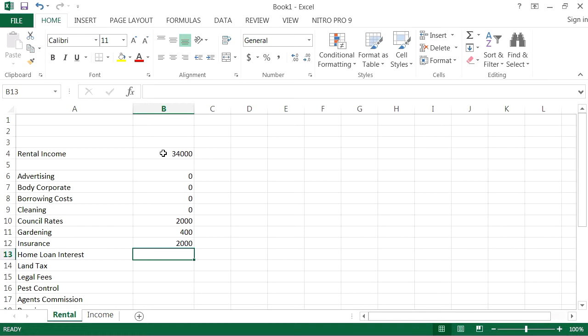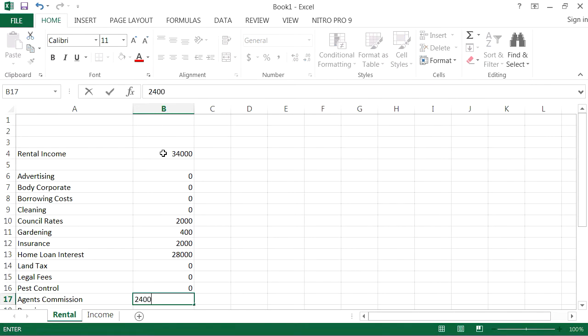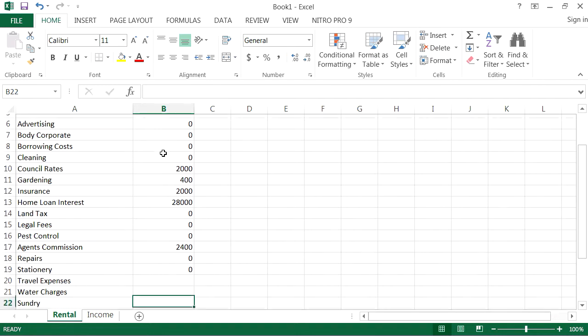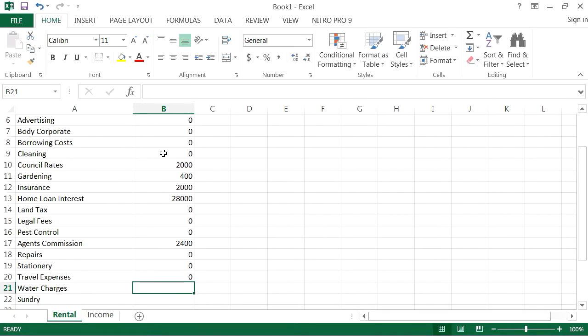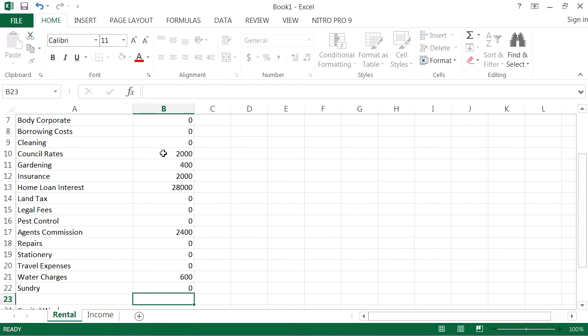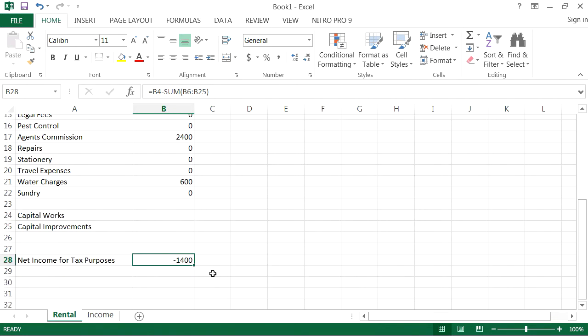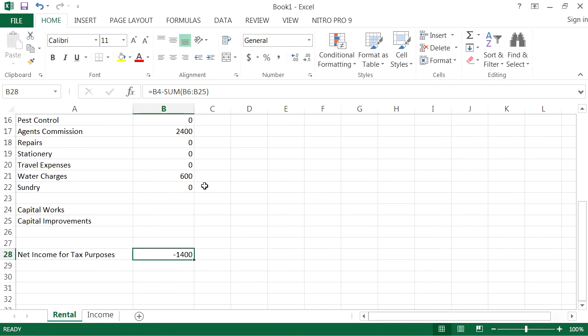So imagine it's at the beginning of the term of the home loan, so about $28,000 for the home loan. No land tax, legal fees, pest control, $2,400 for the agent's commission, no repairs, stationery, travel expenses, $600 for the water, and no sundry expenses. What that tells us is that the net income for tax purposes is minus $1,400,